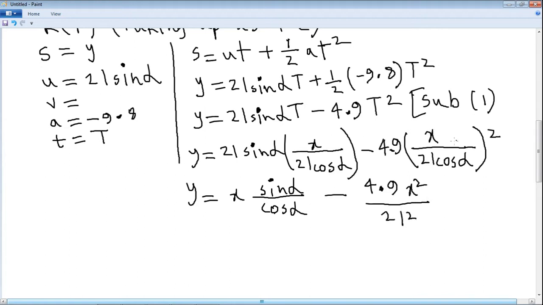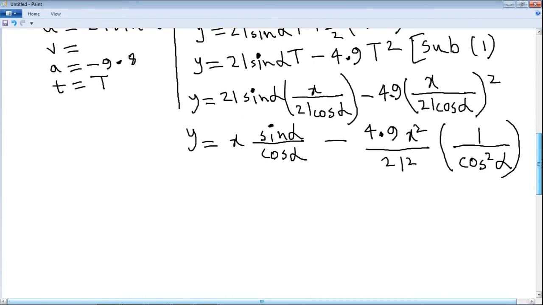We are just squaring this thing up, nothing else, nothing new. So we'll get cos square alpha, 1 by cos square alpha. So let us simplify this. Sin alpha by cos alpha,